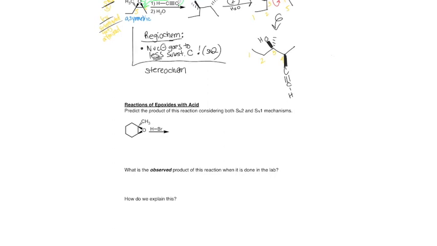Okay, so a couple things we need to always point out when we're reviewing a new reaction: the regiochemistry and the stereochemistry. So what happened in the regiochemistry? SN2: the less substituted carbon got the bond, the new group. So the nucleophile goes to the less substituted carbon. Good old SN2 style, right? So that SN2 aspect of the mechanism explains the regiochemistry.